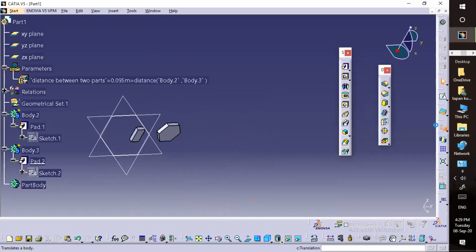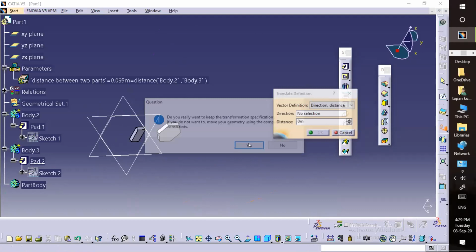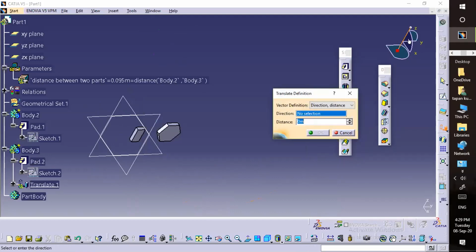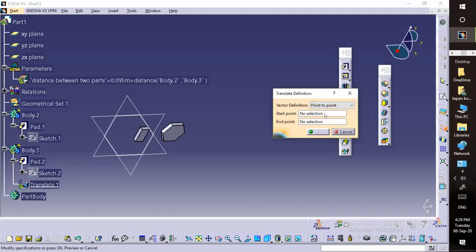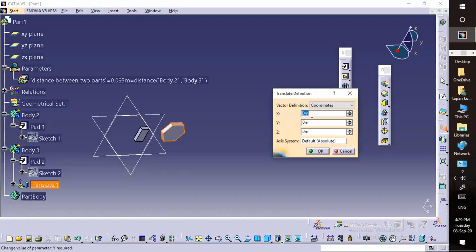To make sure of the direction, go to the point to point coordinates and give 0.5. If I'm moving this object, automatically the distance will be detected over here. It will calculate and give you the final value.